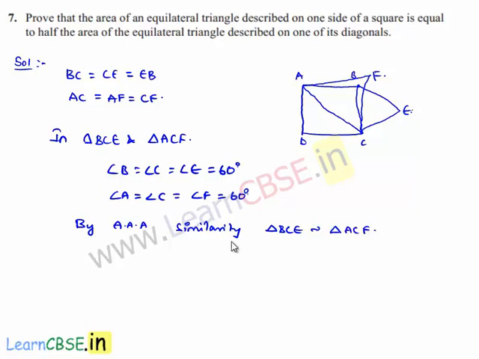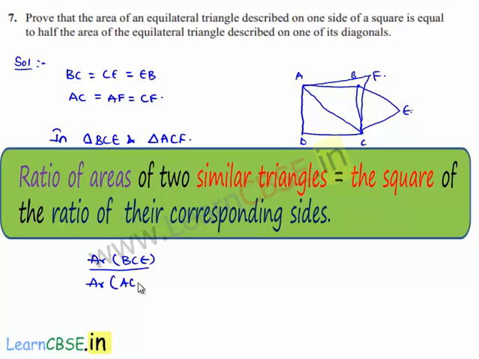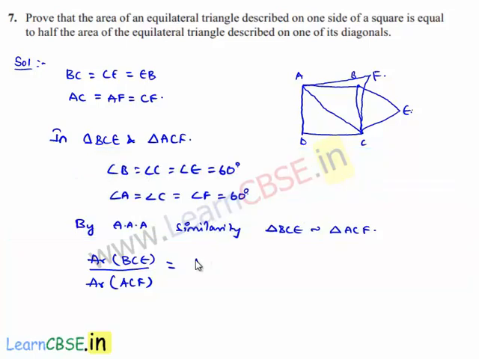As two triangles are similar, let us consider the ratio of area of triangles, that is area of triangle BCE divided by area of triangle ACF. We know that when two triangles are similar, then the ratio of their areas will be equal to the square of the ratio of their sides, that is BC by AC whole square, which is equal to